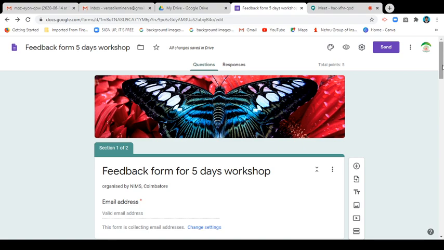Another important aspect: how can we make it generate the certificate automatically? For that purpose, we have to know about a fundamental add-on service by Google. It is called Certify'em. So these are some rules for Certify'em. Certify'em lets you leverage the power of Google Forms to create online certification and email custom certificates to exam takers. So here your feedback form is considered as an exam.